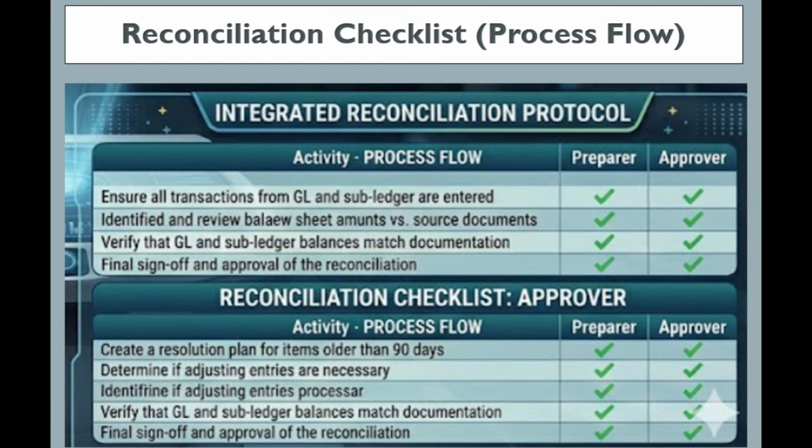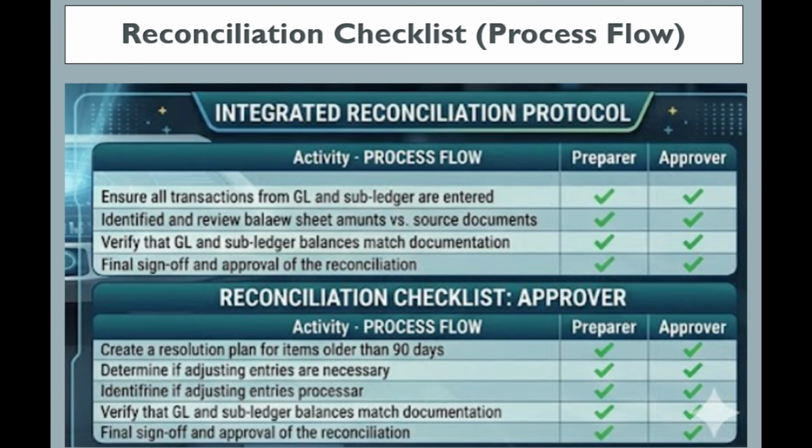This final slide shows the reconciliation checklist, which is a to-do list that divides work between two people to ensure no mistakes are made. In accounting, we call these two people the preparer, the person who does the actual work, and the approver, the supervisor who double-checks the work. The work split. Most of the tasks involve both people checking off on them to ensure four eyes see every